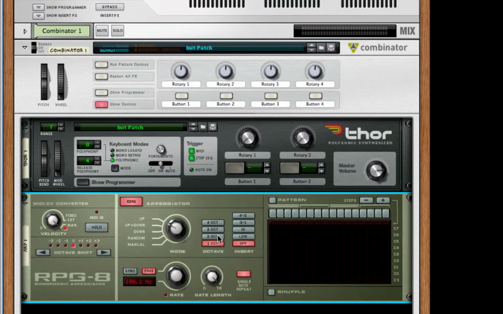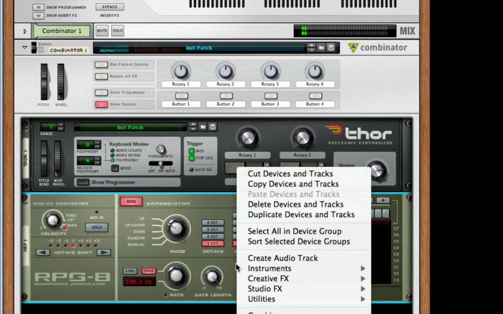Now that we have that, I'm going to set it to octave 2. And that's it. Let me put it back to oscillator 1. Okay, so after this we're going to